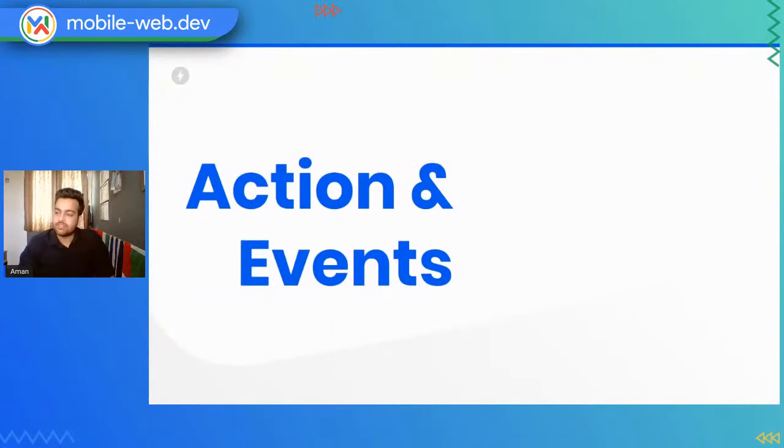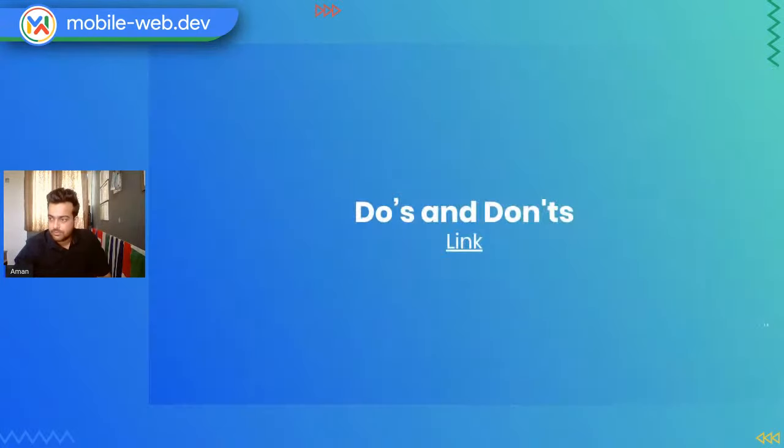Then talking about actions and events, they are exactly the same as what you saw inside AMP HTML. So the way you were using on tap and the trigger that you were using, and also the AMP bind methods, they apply exactly the same as in AMP story. If you haven't covered the actions and events part, go back to the AMP advanced and AMP intermediate courses. I have explained very well how actions and events actually work in those.